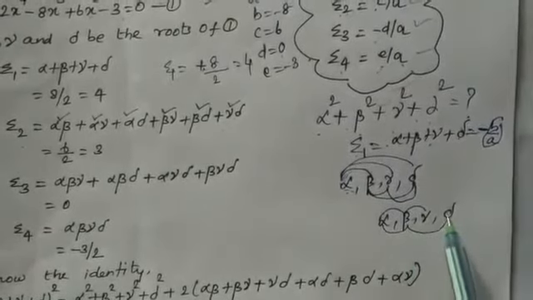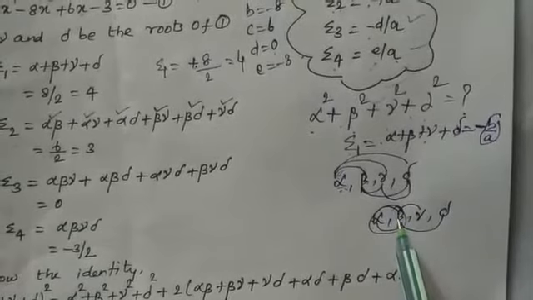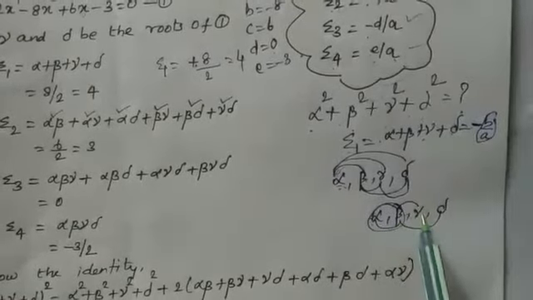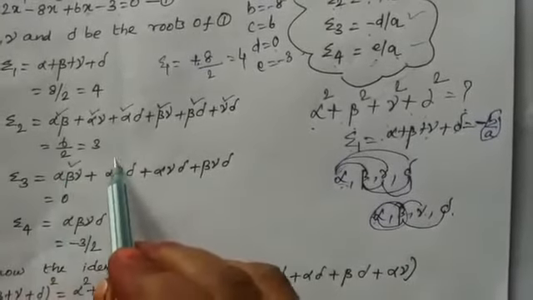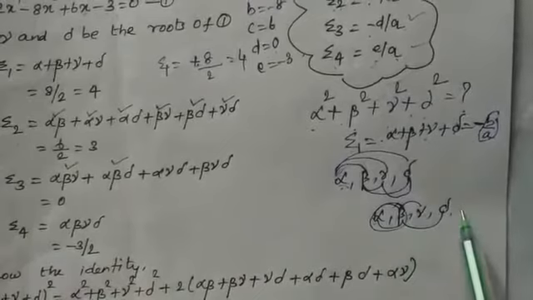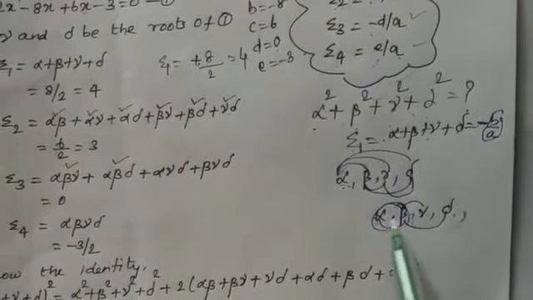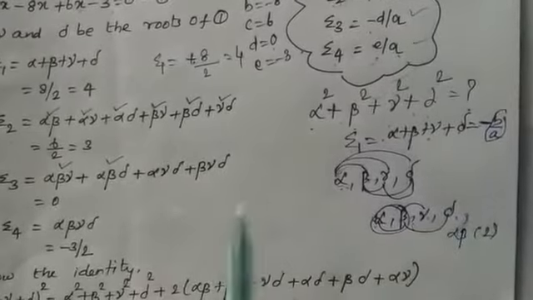Alpha, beta, delta, the second possibility. So when I am taking alpha, beta, only two possibilities are there: alpha, beta, gamma and alpha, beta, delta. Now see, alpha, beta, gamma, alpha, beta, delta. Taking alpha, beta, there is no other root to pair. So with alpha, beta, only two possibilities are there. So here it gets over.